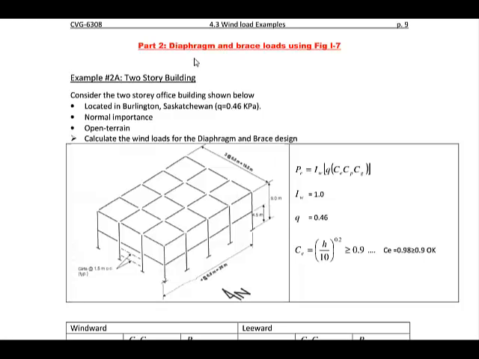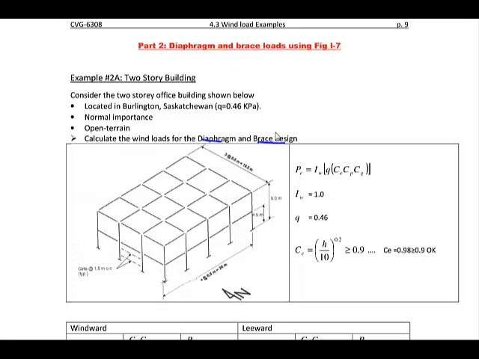This is part 2 of the wind load tutorial. This part is going to look at diaphragm and brace loads using figure I7. So the first example says we have a 2-story building located in Burlington, Saskatchewan. We're given the pressure for that region. It's a normal importance building in open terrain, and we're told to find the wind loads for diaphragm and brace